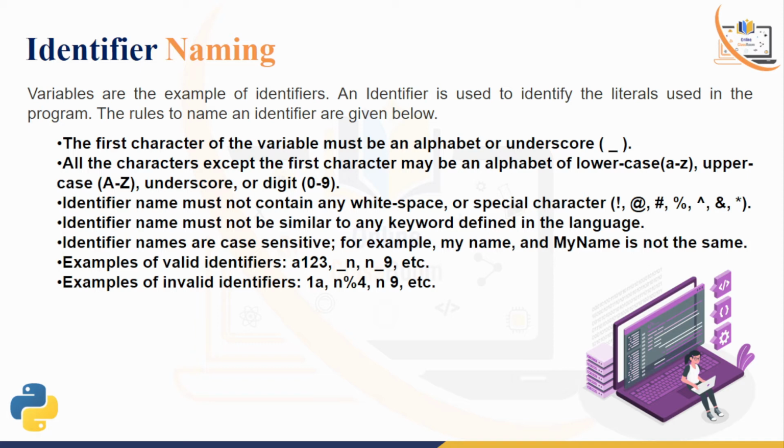For example, my name, and my M is capital. If I write N is capital, it is not the same, right? So it means what you write as the identifier name, it is case sensitive. And next one is the example of valid identifiers. What I told earlier, A123 is valid, underscore N is valid, N underscore 9 is valid, but invalid means your